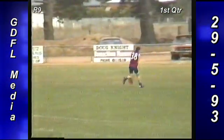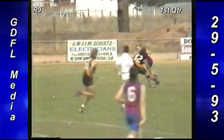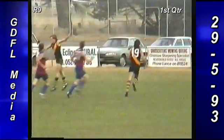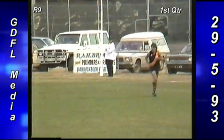Kick was an absolute shocker. Running onto the ball was Wall. Dropped one he should have taken. Picked it up now. Spun around to the right foot. Kicks it up and under. Who wants to sit under this? No one in particular. Chance for Primer. Primer picks up. Primer bobs at the goal mouth. Primer's offline. 1 point only off the boot of Dave Primer, who we gave best on ground last time we